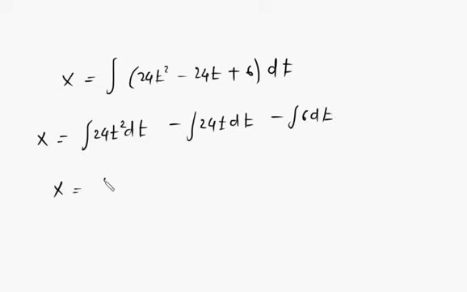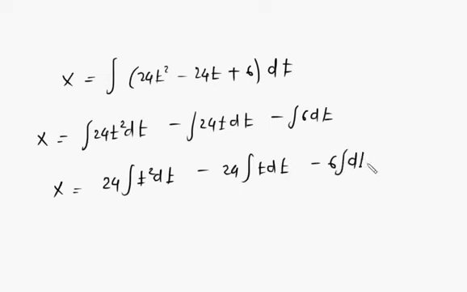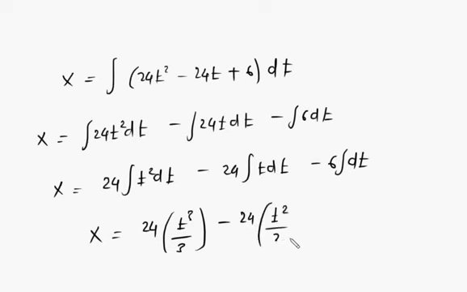So I take the constants outside. Here I remain with t squared dt minus t dt minus like this, okay? So now following my formula, I'm not going to write it again, here I will have t cubed over 3. See? n plus 1, n is 2 now. Minus 24, here we're going to have t squared over 2 minus 6t plus c. So 2 goes, minus 12. 3 goes, minus 8. So our distance now,